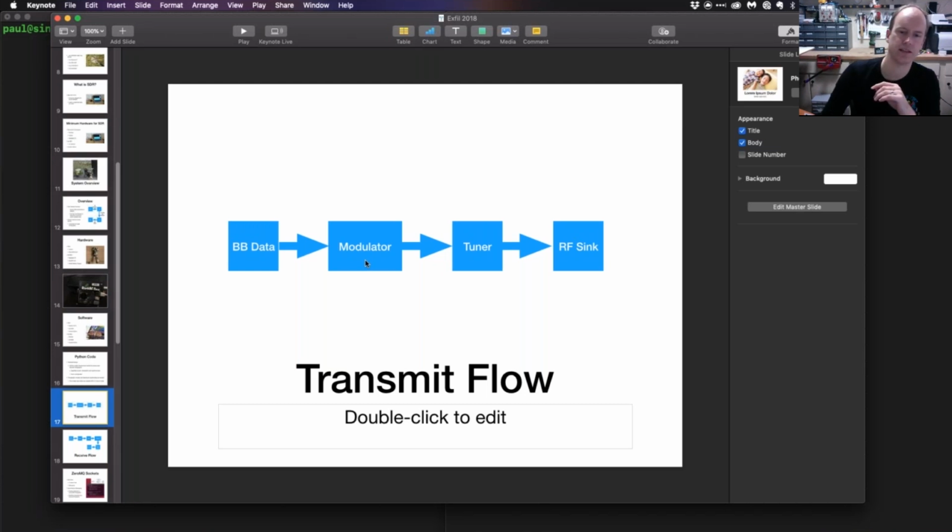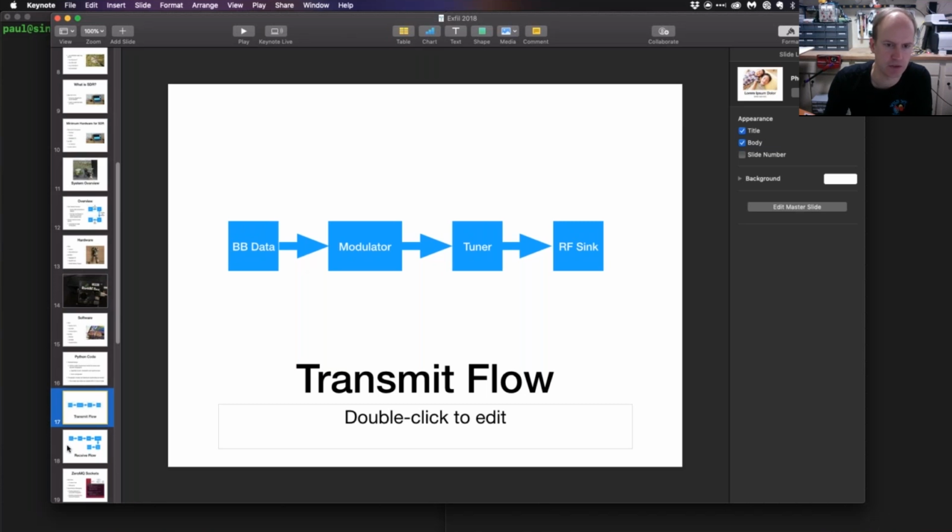It would then take that untuned signal, shift it around so that it goes out at the frequency I want, and then send it to an RF sink, which, if you're unfamiliar with GNU Radio, is just the block that connects up to the SDR hardware and causes the transmission to happen. So that's just something to keep in mind.